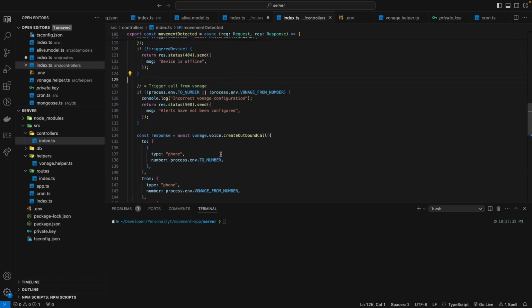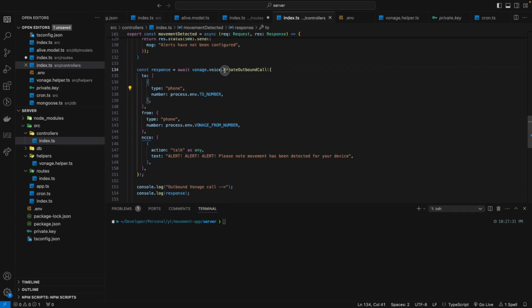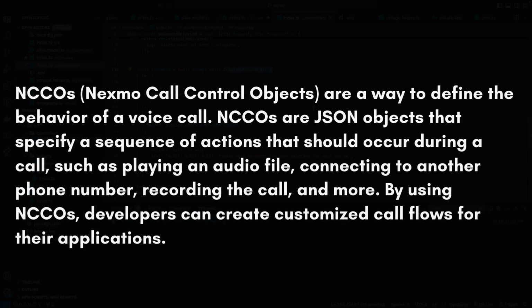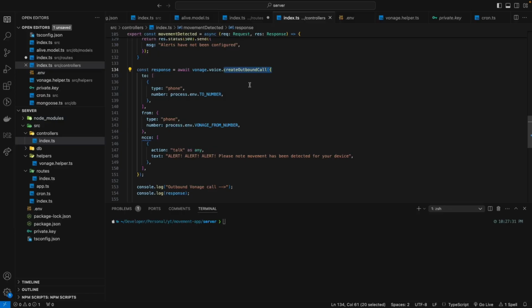Alright, so we have added the basic validation that we added in the cron.ts as well to handle the case in which we don't have the relevant envs present. Then we use the Vonage voice create outbound call function to create an outbound call. So how Vonage works is basically using something called NCCO objects, which is nothing but a Nexmo call control object, which lets Vonage know how exactly it is supposed to process